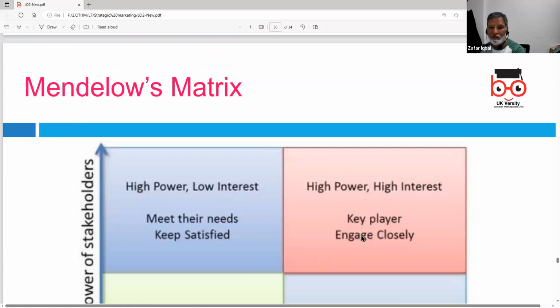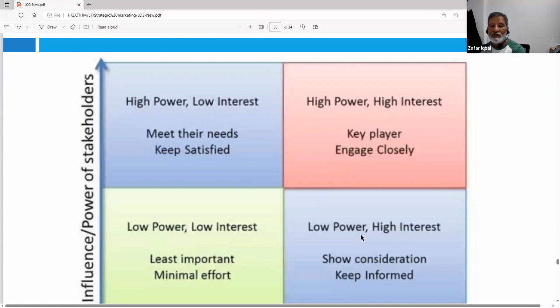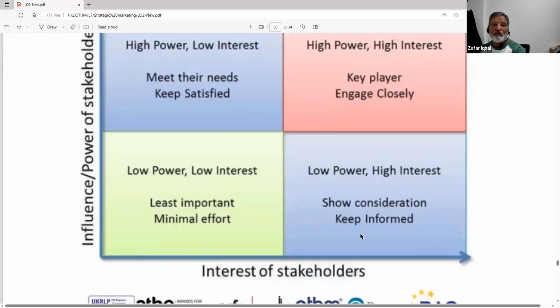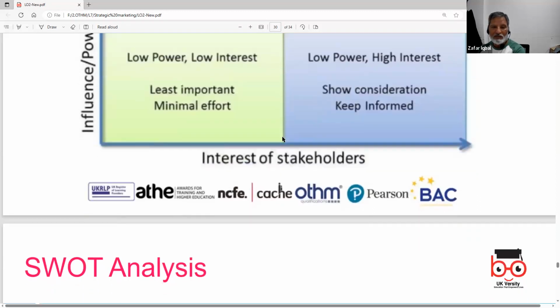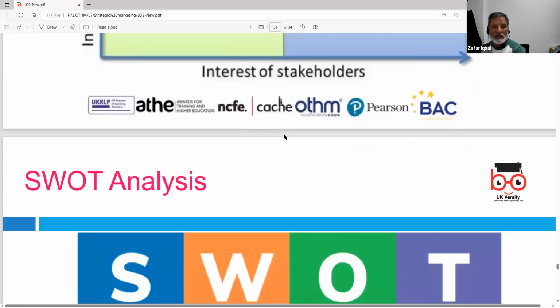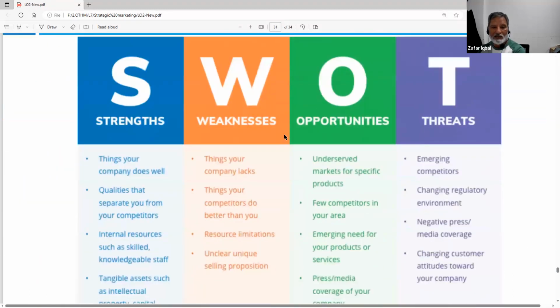We can use Mendelow's matrix to determine who are the more powerful stakeholders for us, and to what extent, and so we can change our policy, and we can determine our marketing policy in terms of the stakeholders' interest. And the last one is we can use the SWOT analysis also to look at the